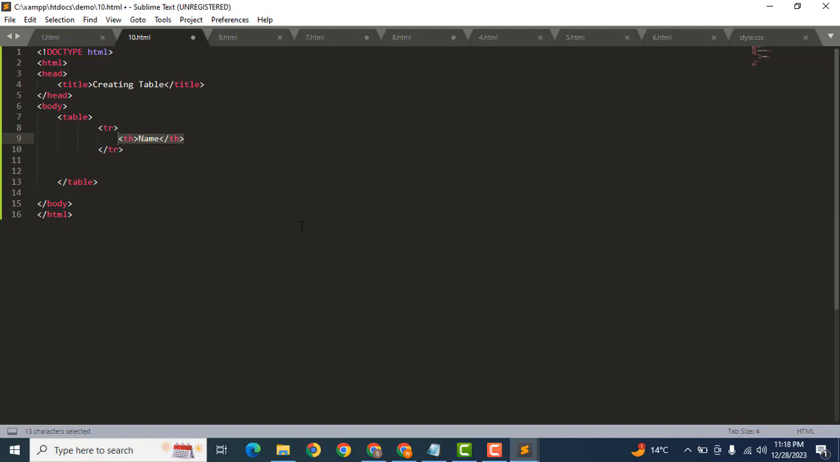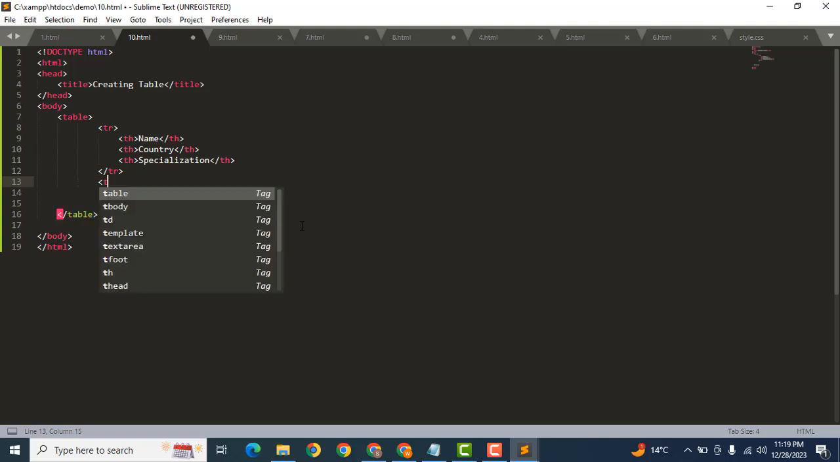Now we can copy 2 times more, and here we can add some text: country and specialization. After that we can create one more row,